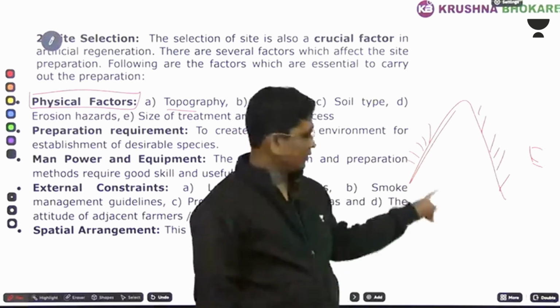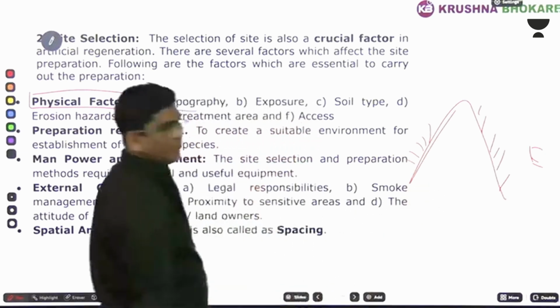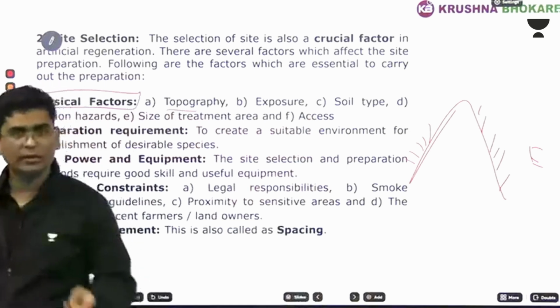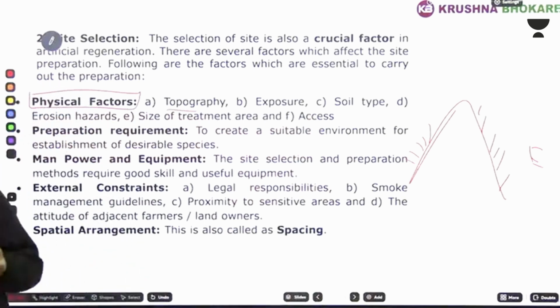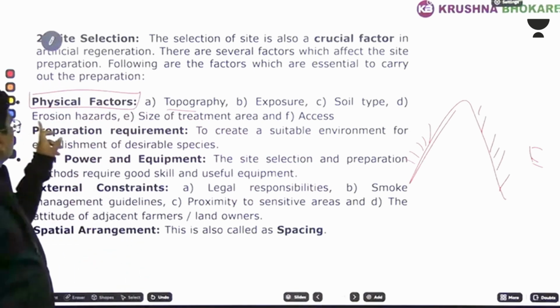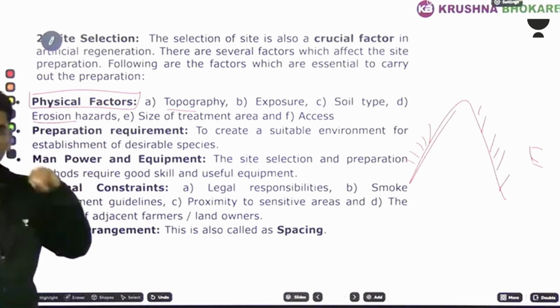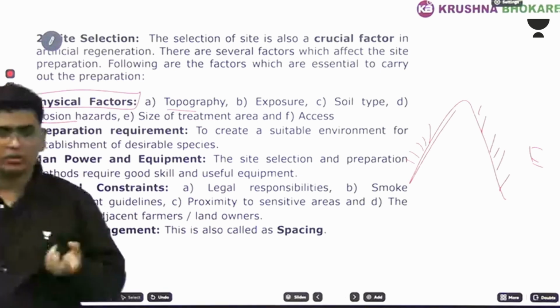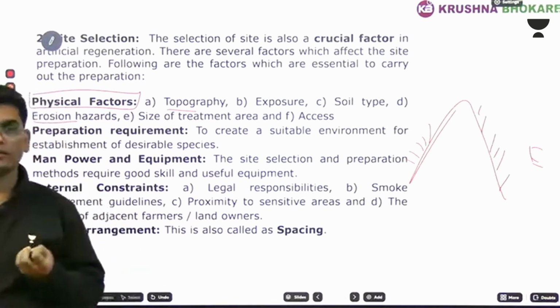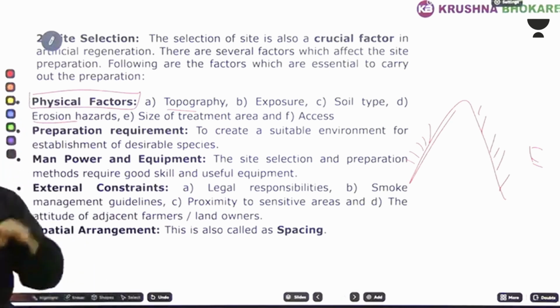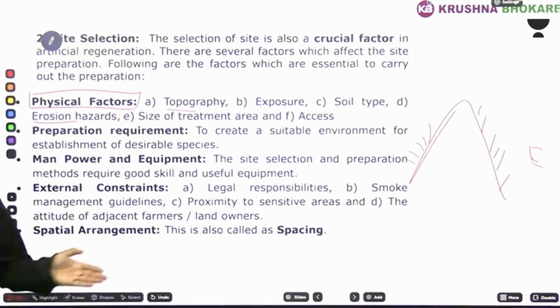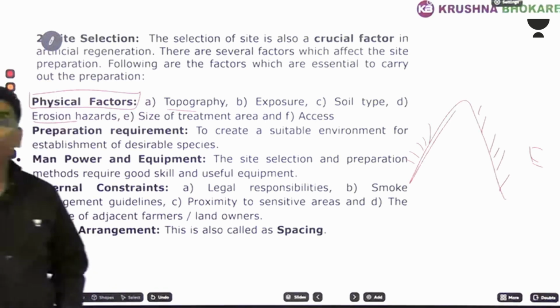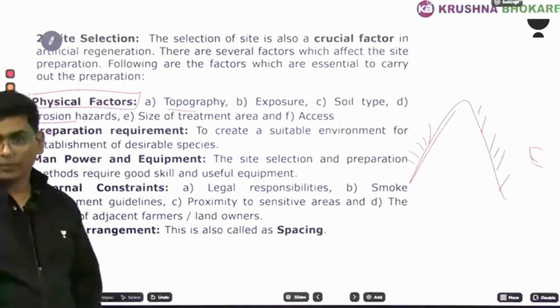Exposure of sunlight. Okay, so soil type, we have already seen wet soil, dry soil, acid soil, on that basis. Then erosion hazard: if your soil is highly erosive, you have to select plants having a very dense root system, so that can hold the soil. Okay, if you are selecting a plain land, the roots should not spread throughout the farm. Otherwise, that will create disturbance to agricultural operations.